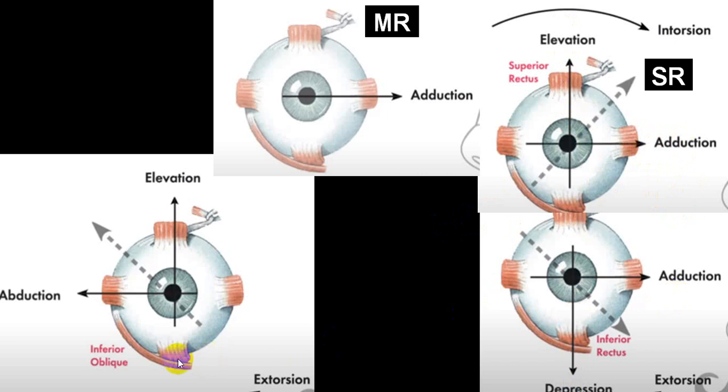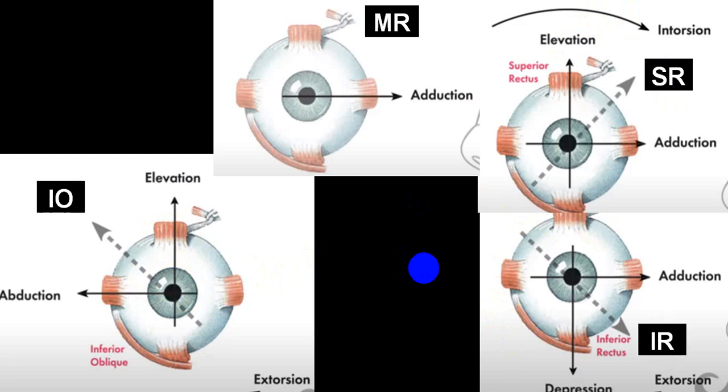While inferior oblique will move the eye upward, that is elevation, as well as it will abduct, and there will be a rotationary movement, extorsion. While superior rectus will be partly intorsion. Inferior rectus will be partly extorsion. So the eyeball will be rotated a little outwards. This will be rotated a little inwards. This will be rotated outwards, extorsion. So these are the different movements of the eyeball.